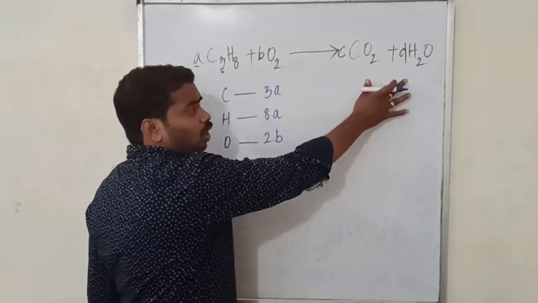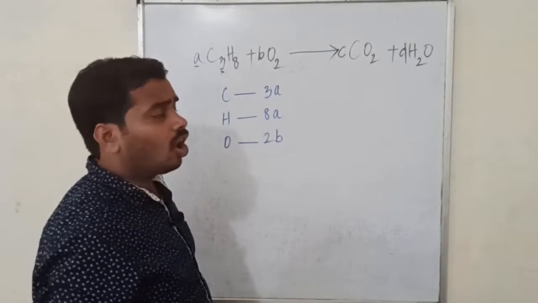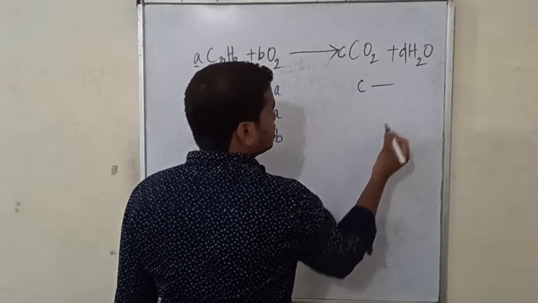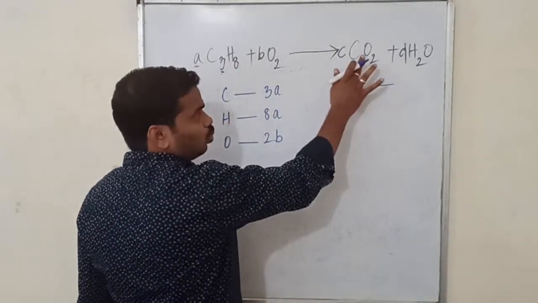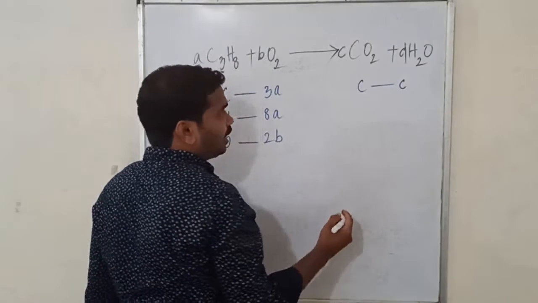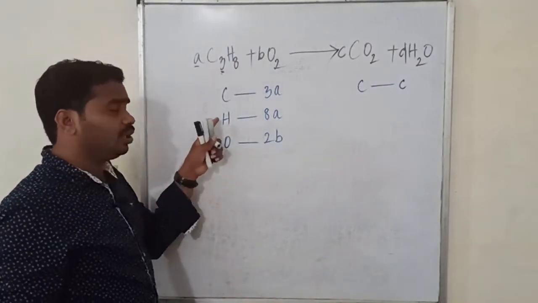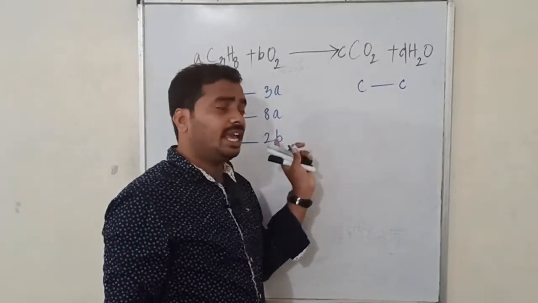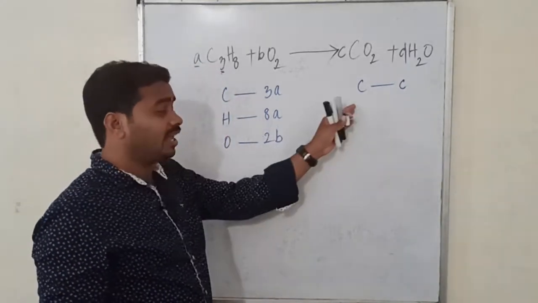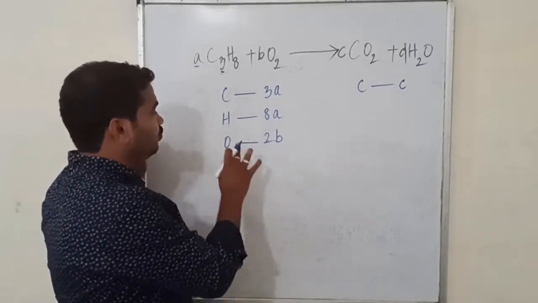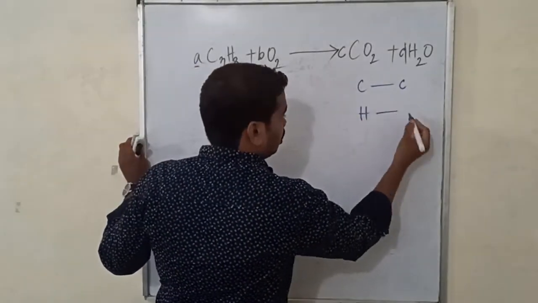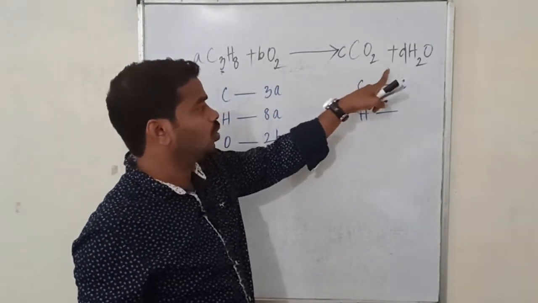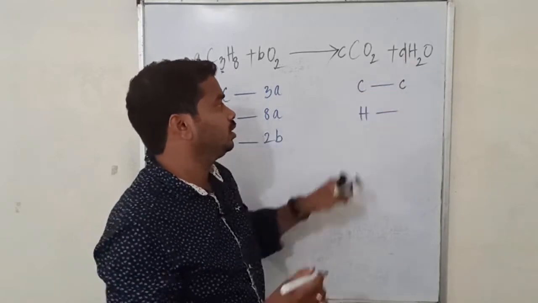Now we shall see on the product side how many number of carbons, hydrogens and oxygens are there. See, how many number of carbons are there? Here there is no suffix. 1 into C would be C. I told you already, you have to take the same order as the left hand side, that is H. So what are you going to do now? You see, is there any H present in this compound? No. Here you come. So 2 into D, 2D.